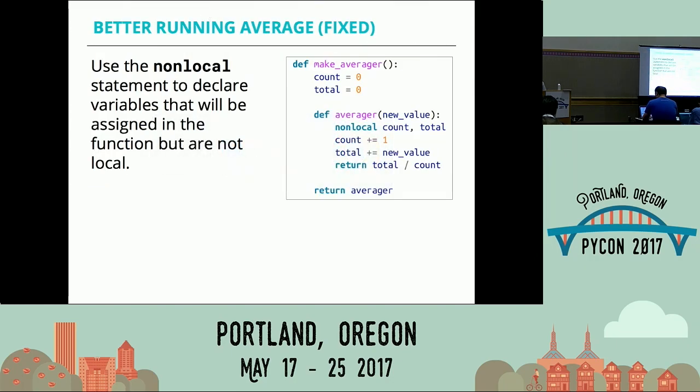Anyway, that's why non-local was introduced, to solve this little problem. And if you're stuck with Python 2.7, you should be trying to find your way out. But